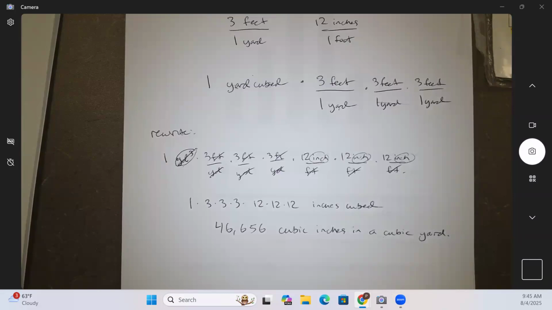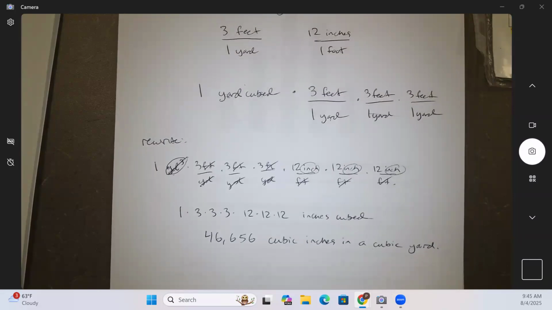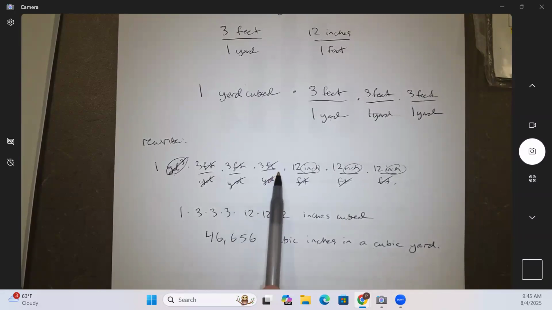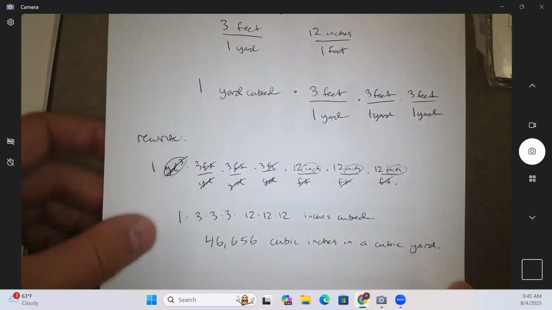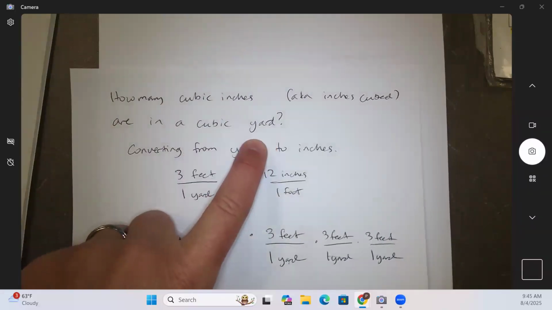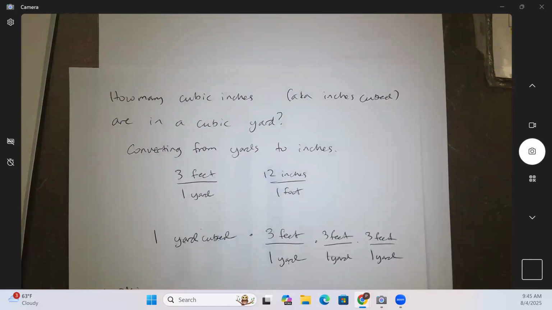That's a lot. That's the other thing to keep in mind with dimensional analysis: your numbers can get pretty big pretty fast, right? Once you work in greater than 1 dimension. We're not really going to work in 4 dimensions or higher very often because that's not something we have to deal with, but we can certainly get up to 3 dimensions. All right. The last idea is, so far we've talked about simple unit measurements, a foot or a cubic yard